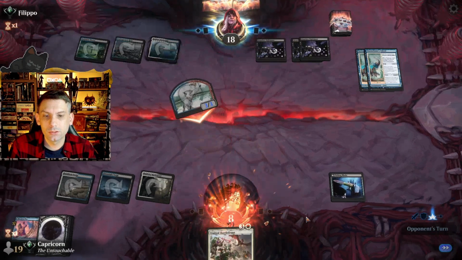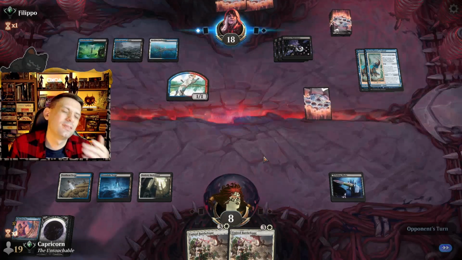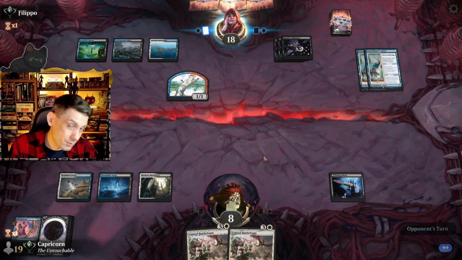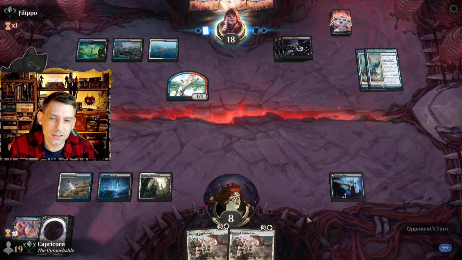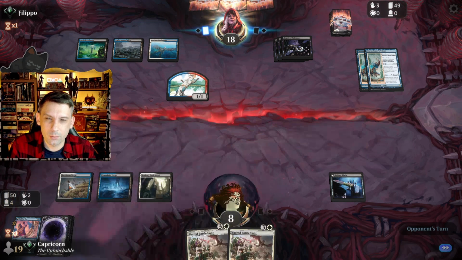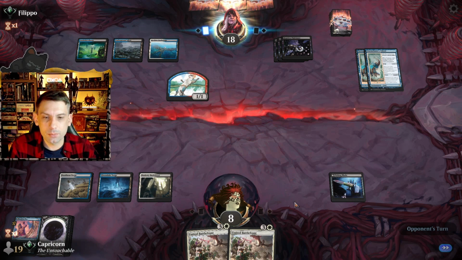We just have to. Otherwise, we don't catch up. We should have tossed the Battlefront because we were just going to draw another one anyway. Although he would have made us discard the second one if we had played the Braided Net, right? So I don't know. Maybe this is still the right play long term. Doesn't feel it. Not at the moment, but